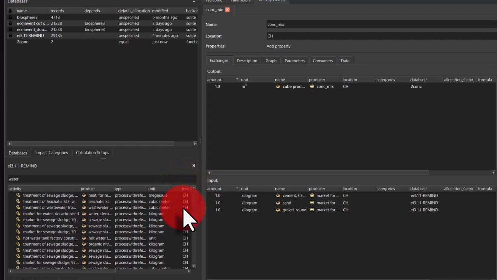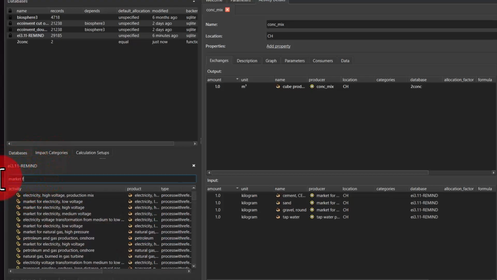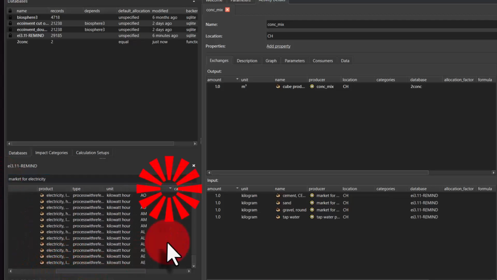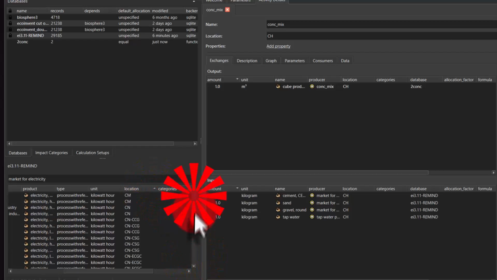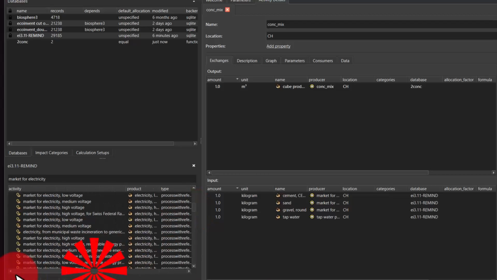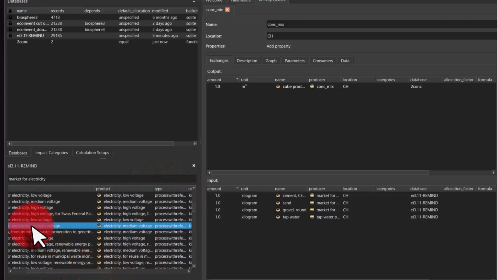So that takes some time. And the output then is the concrete mix, as we have defined as an activity before. That might take some time still. However, when I have all the components I need for the mixture,